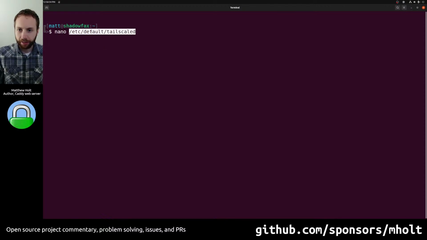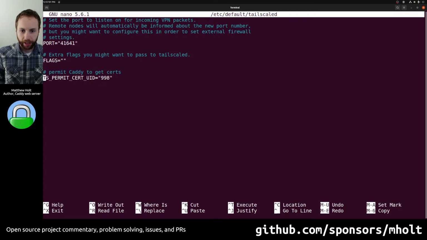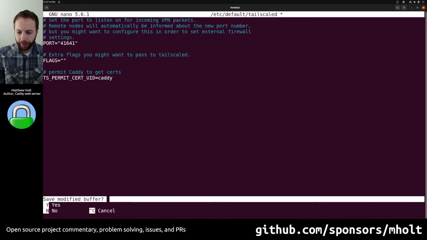There's an etc default tailscaled config file, and within it you want to add a line like this: ts permit cert uid, and then in the latest version of Tailscale you can actually list the username directly. You don't need the user ID number. And so if you add that, and then